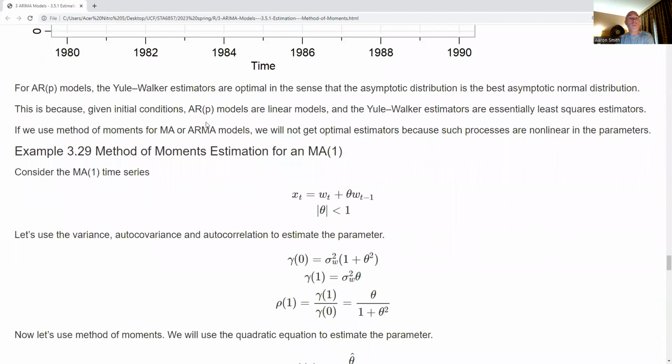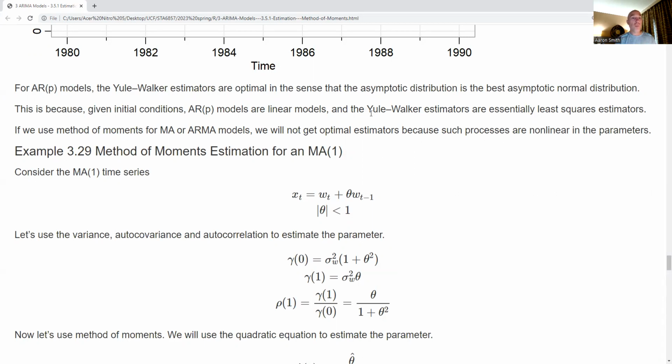All right, so now the Yule Walker estimators are optimal for an autoregressive model in the sense that the asymptotic distribution is the best asymptotic normal distribution that we can get. And when we say best, we mean least variance. This is because given the initial conditions, the autoregressive models are linear models, and the Yule Walker estimators are essentially least squares estimators. So really what we're doing, we're extending regression to the lagged variables and the current value of